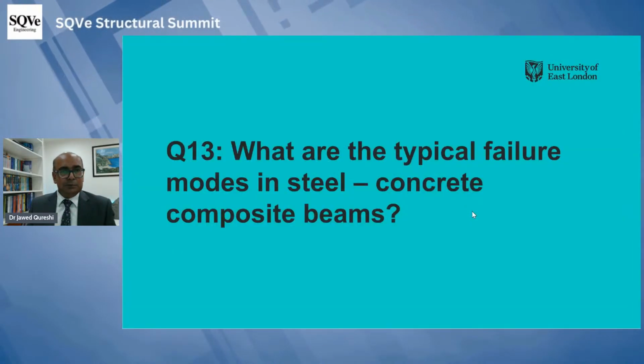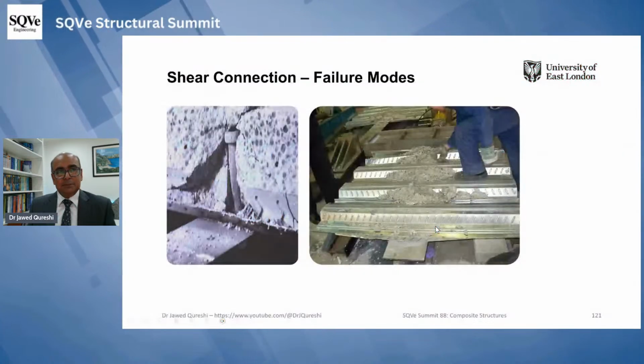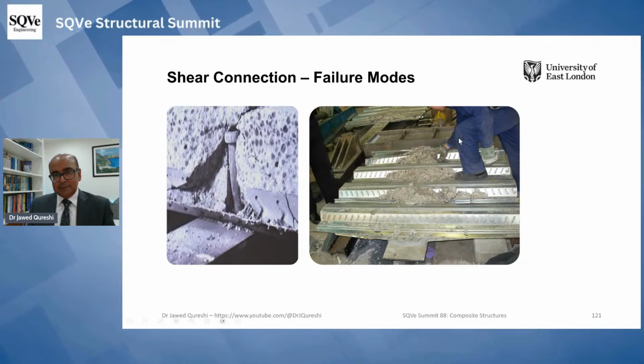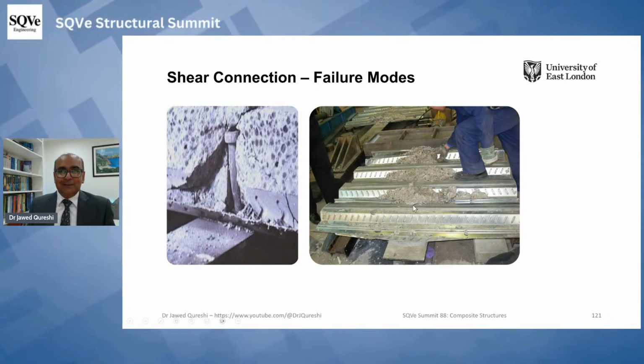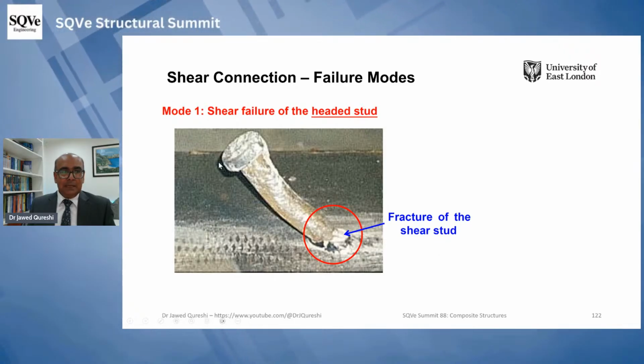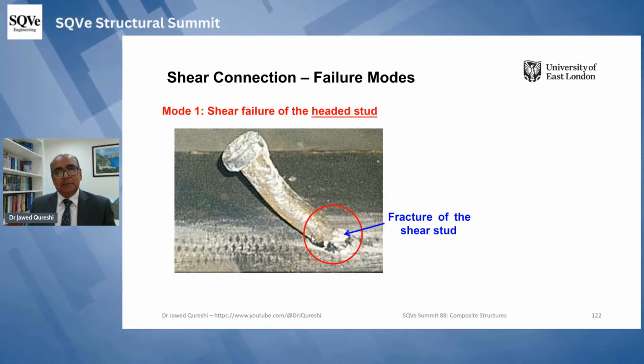So what type of failure modes do we have in steel concrete composite beams? In the first figure, it is stud failure. In the second one, my supervisor is standing over there having a look at the concrete cones. So second is concrete. Let's have a look at shear stud failure first. Here fracture of a stud happens, and this is how a stud will fail. Most of the time it happens in solid slabs. I have not seen this failure with profile sheeting slabs.